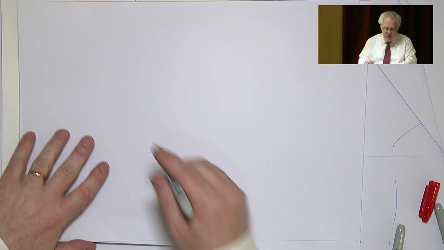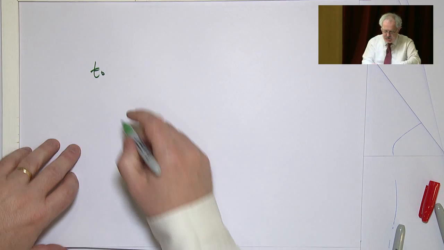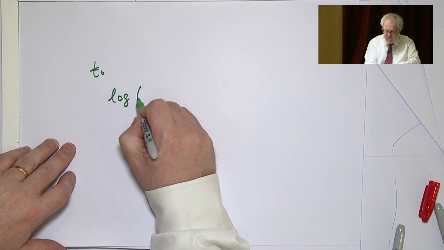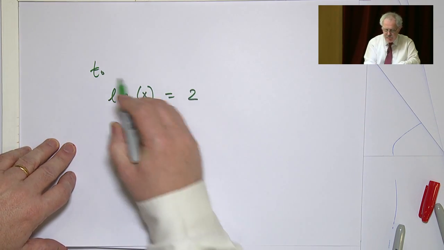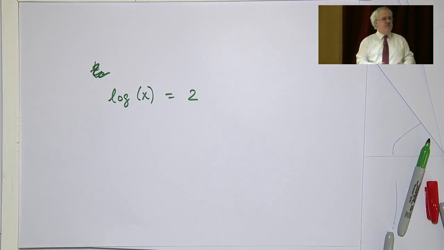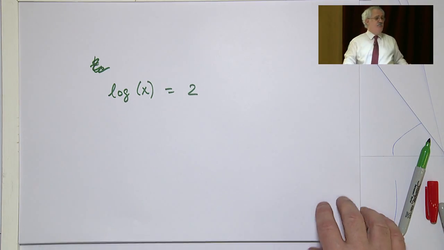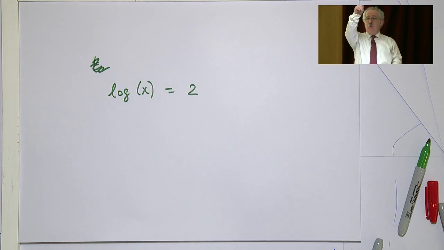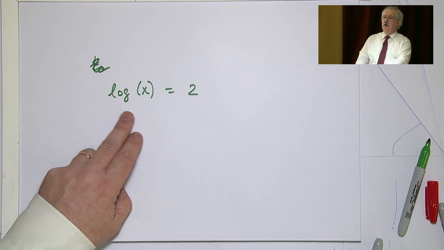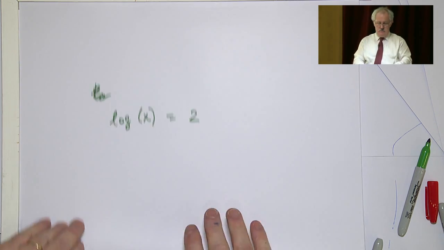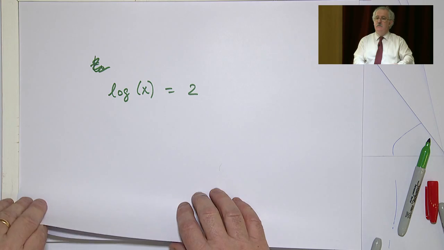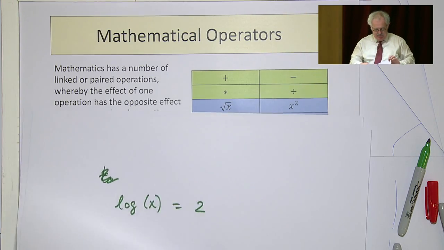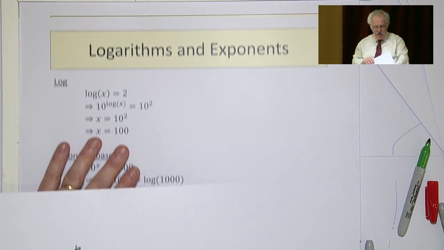The log of x is 2. Even if that was a function you never heard of before, at this stage on your calculator, you could probably say, what's the inverse of it? How do you get rid of this log thing? Well, if you look at your calculator, you'll find that the inverse of the log is a thing called 10